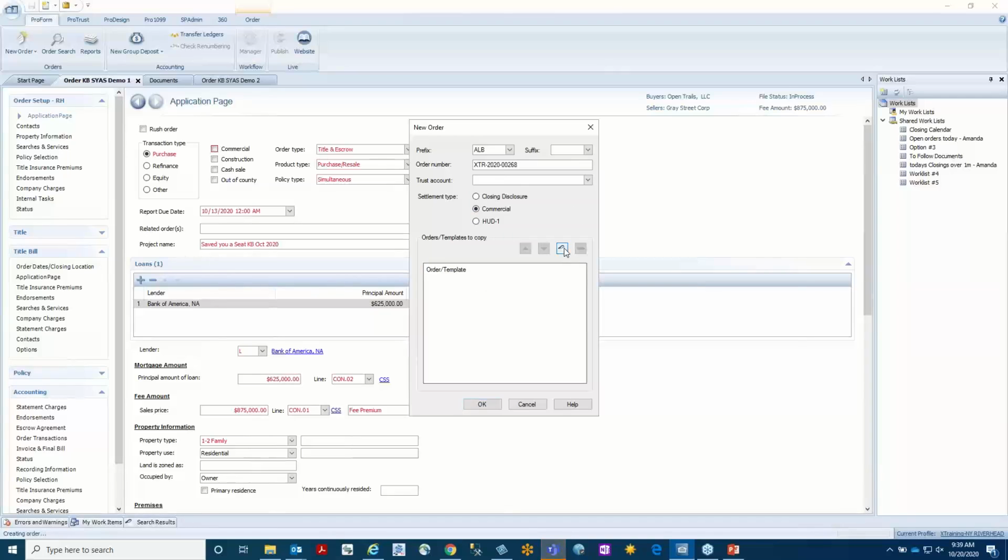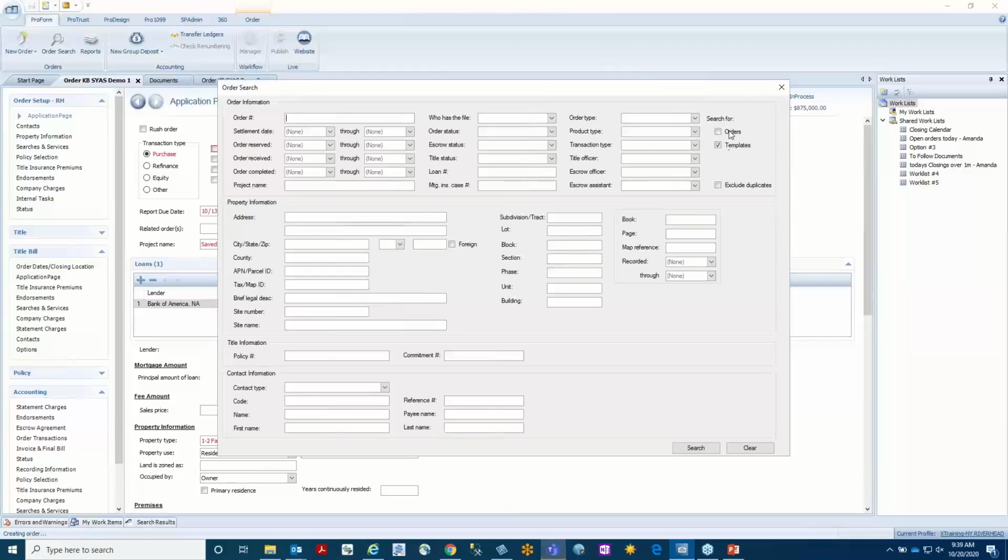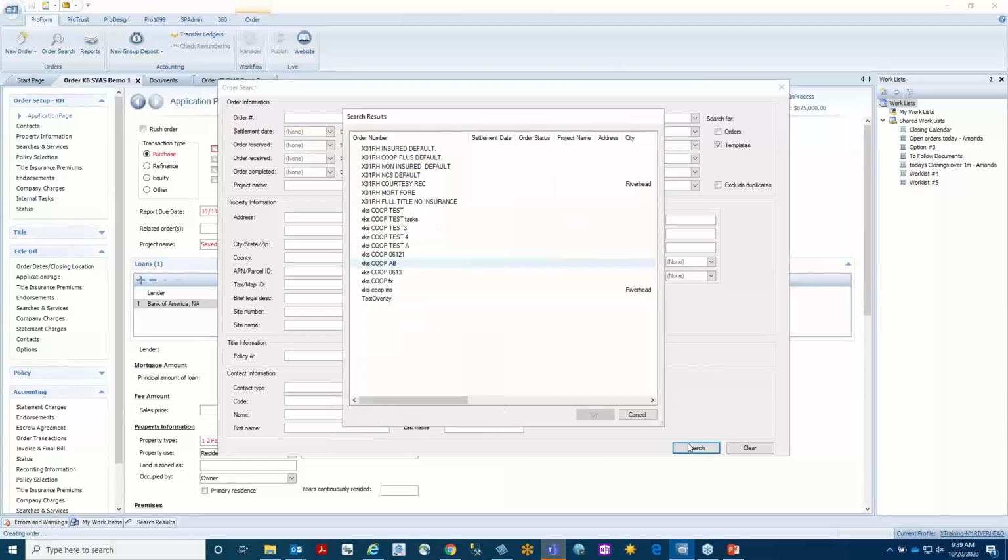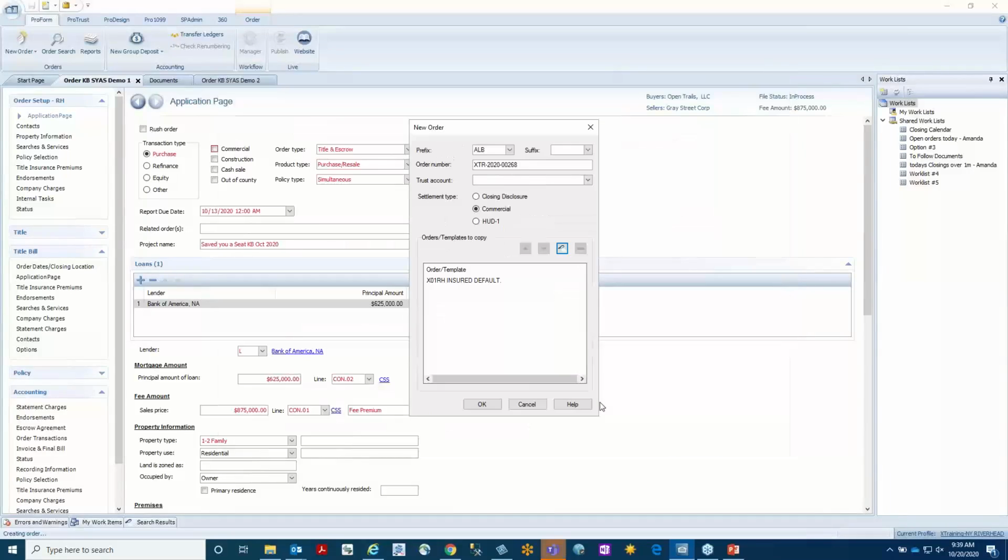I'm going to go over here and I'm going to search for a template. And as you can see on the search box here, we have orders and templates, and I'm just going to hit search because I know how many templates I have. And a template, so I'm going to grab this. A template houses, it's like a big puzzle. It houses all your static information. So you want to use that when you create a brand new order, whether it be for a purchase or a refinance,